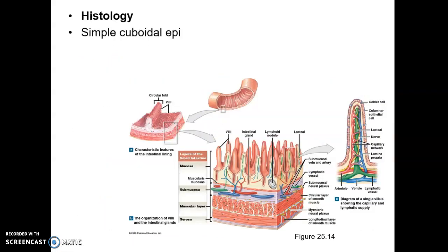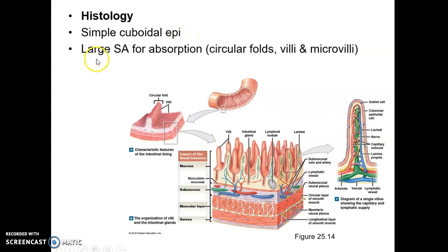So histology: small intestine, simple columnar epithelium, like with the stomach. A large surface area for absorption. So the small intestine has the modifications of the circular folds, and then villi, which are smaller finger-like extensions. They give the appearance of an opened small intestine region, kind of a velvety appearance, and that's the villi, which you can see with the naked eye. And then